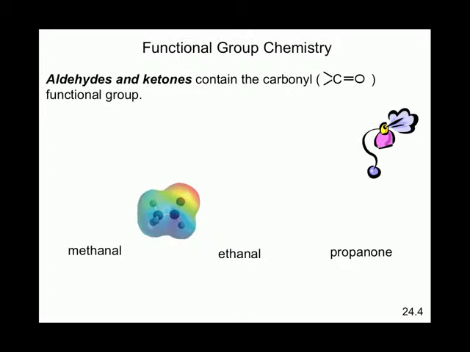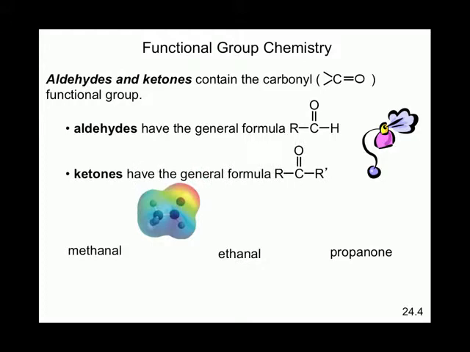Okay, on to the aldehydes and ketones. Now, aldehydes have that general functional group. It's called the carbonyl group. For the aldehydes, it's at the end of the chain, and for ketones, it's in the middle. And we have some common ones: methanal, ethanal, and propanone. So here's methanal. You notice "al" for aldehyde. Methanal,